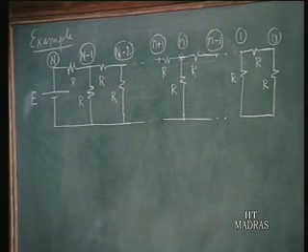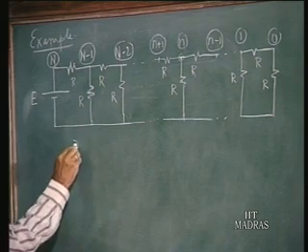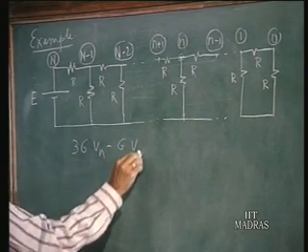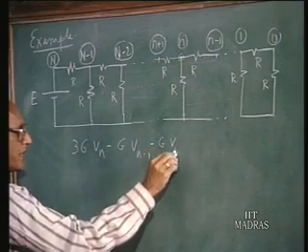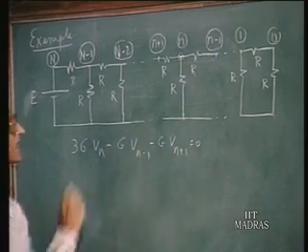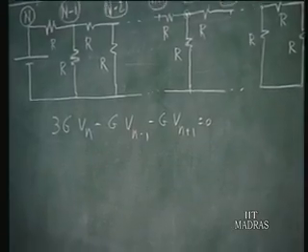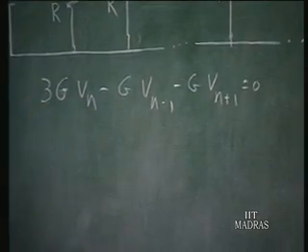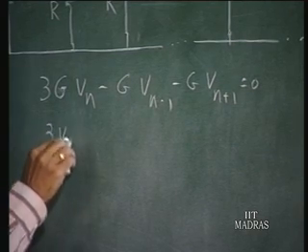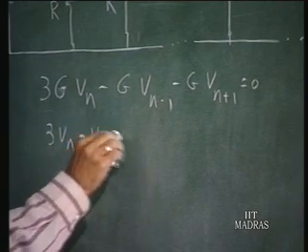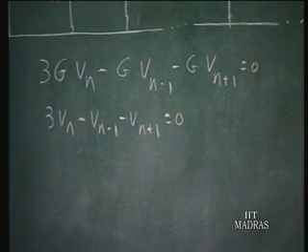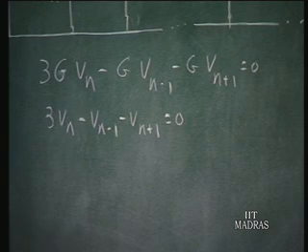So we have 3G times Vn minus G times Vn minus 1 minus G times Vn plus 1 equals 0, where G is the conductance, which is the reciprocal of R. So we now have the difference equation pertaining to this: 3Vn minus Vn minus 1 minus Vn plus 1 equals 0. This can be recast in the form by, if you multiply by minus 1 and increment n